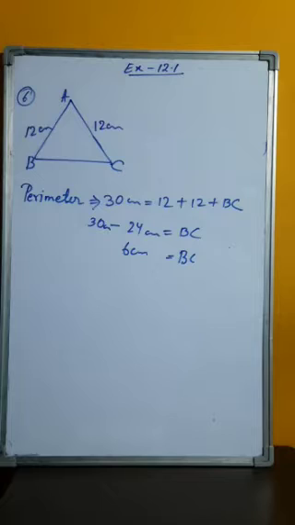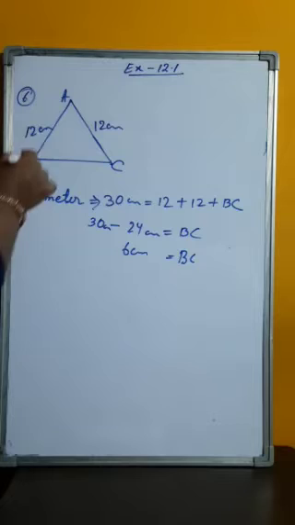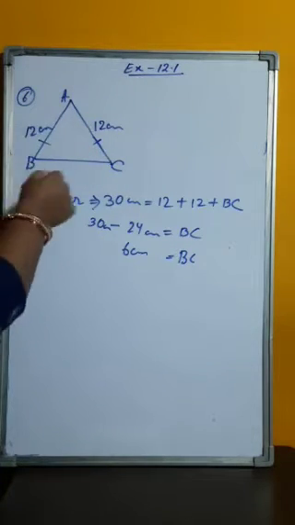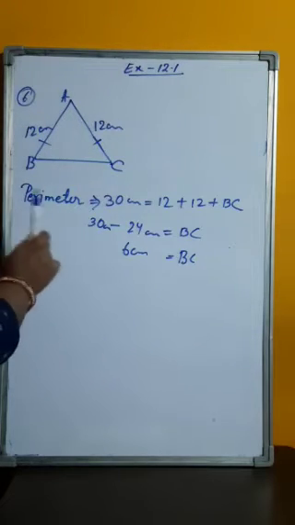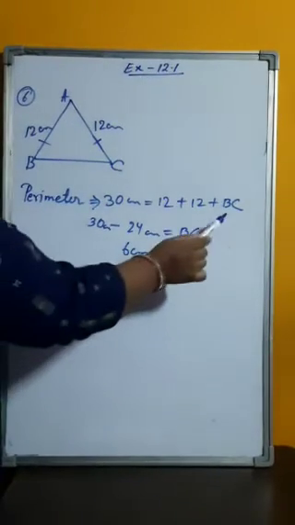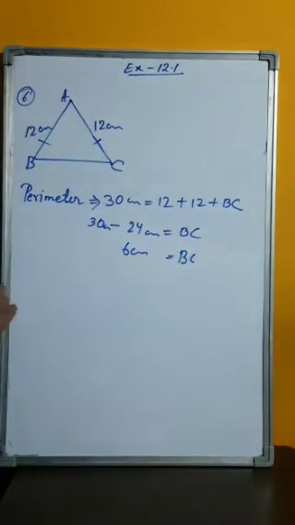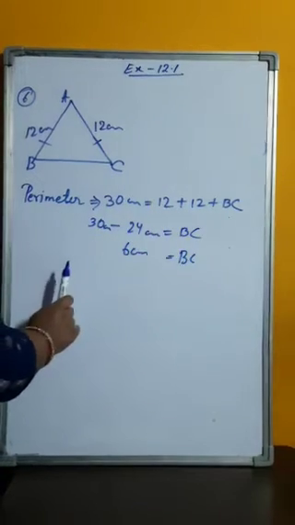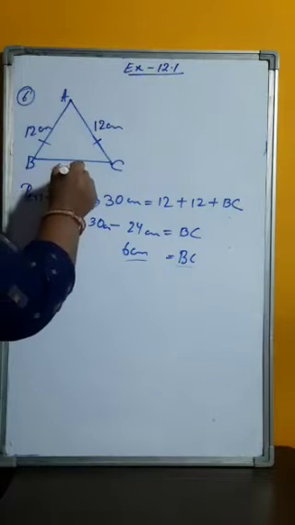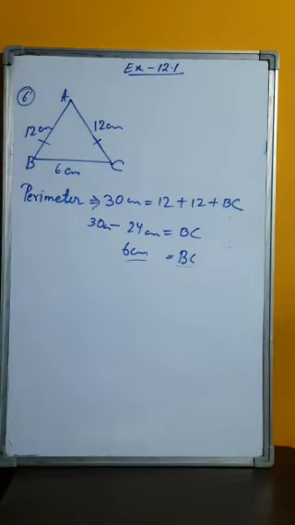Question number 6 is an isosceles triangle has a perimeter 30 centimeter and each of the equal sides is 12 centimeter. We have to find the area of the triangle. You can see an isosceles triangle I have made in which AB is equal to AC and both the sides are taken 12 centimeter. Its perimeter is 30 centimeter. So this can be written as 12 plus 12 plus BC. So BC can be calculated by bringing this 24 to this side. Sum of 12 plus 12 is 24. So 30 minus 24 will be 6 centimeter. Now you can see all the three sides are calculated. So we can find its area.